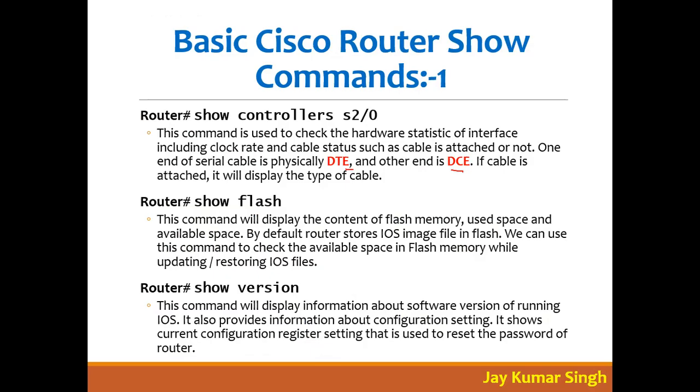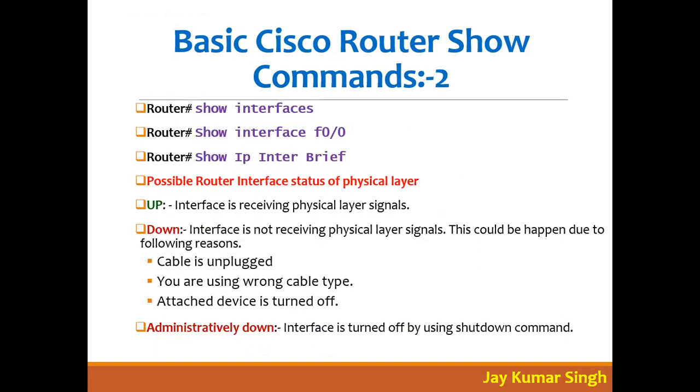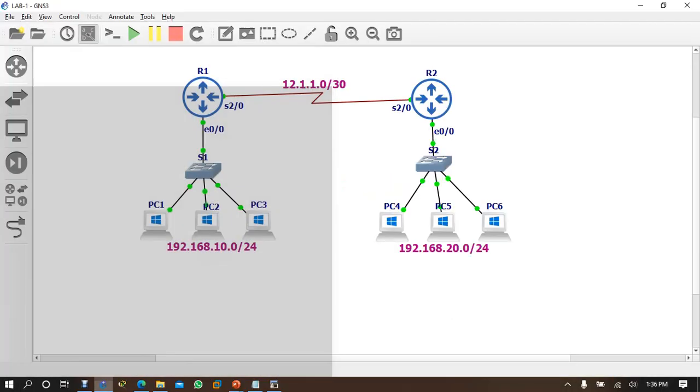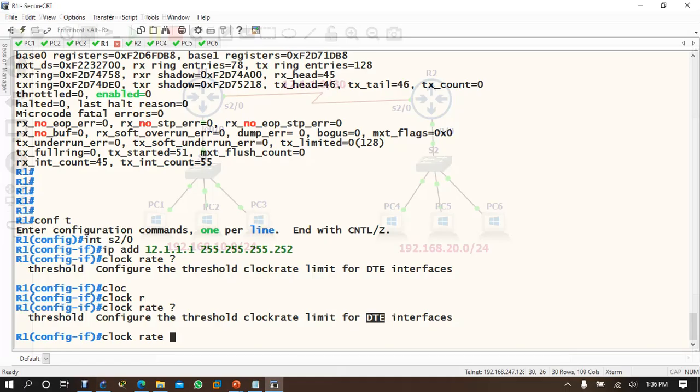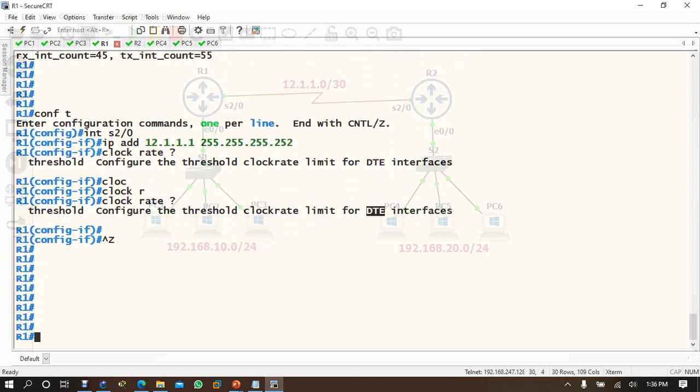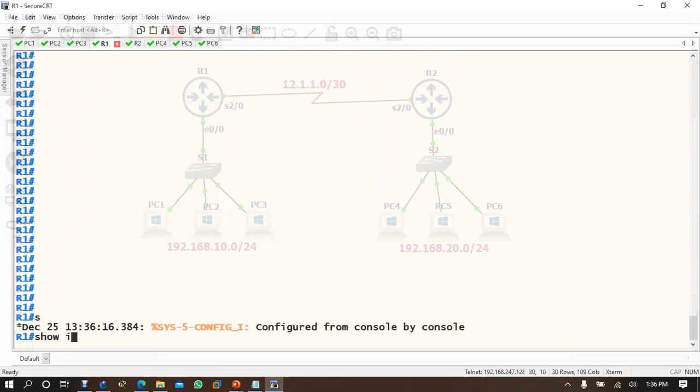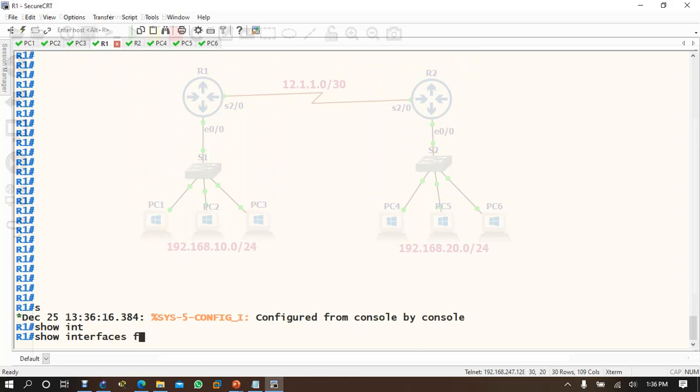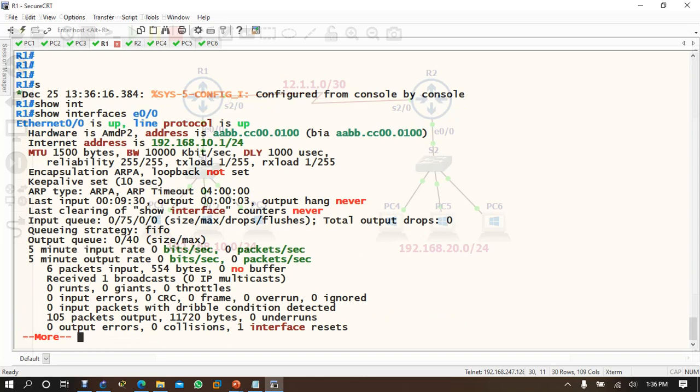So controller, flash, and version you already know. Now, show interface. If I want to know the details of my router, I type here: interface FastEthernet 0/0. Here you will get the details of your interface, that my Ethernet interface is up, line protocol